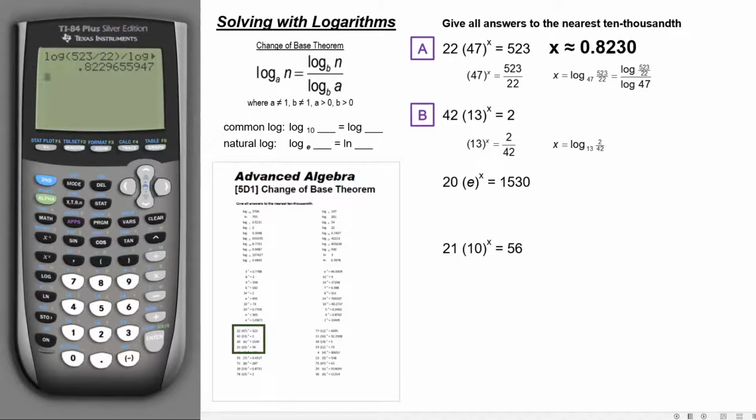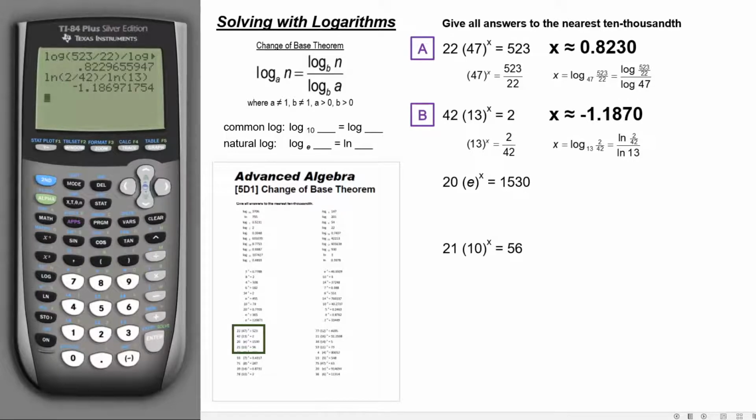If I want to use my change of base theorem, I'm going to go ln of 2 over 42 divided by the ln of 13. We'll go to the calculator. ln of, parentheses, 2 divided by 42, we'll close the parentheses, we'll divide that by the ln of 13. I'll hit enter, and I'll come up with a value of negative